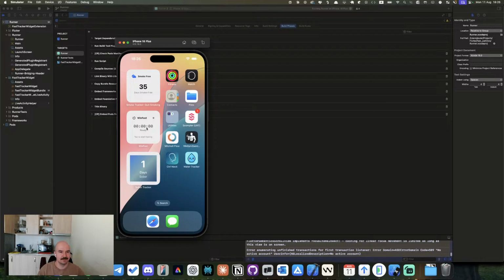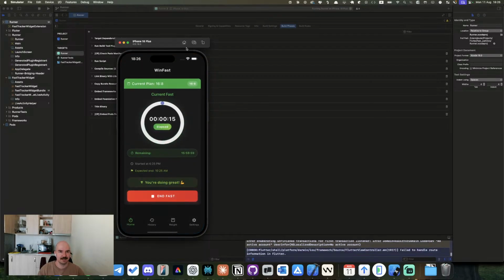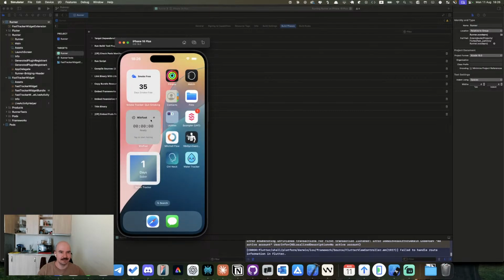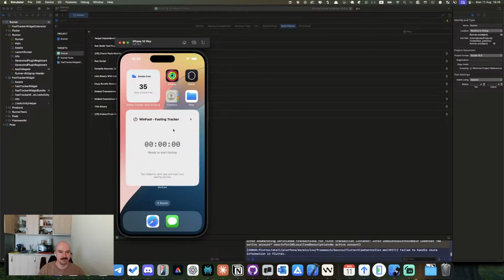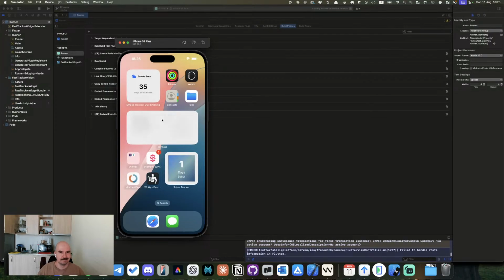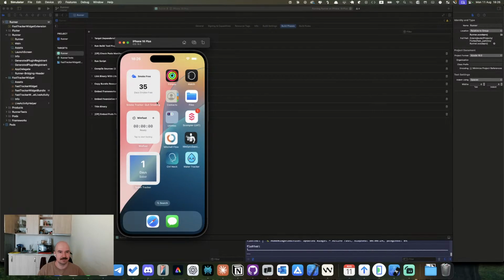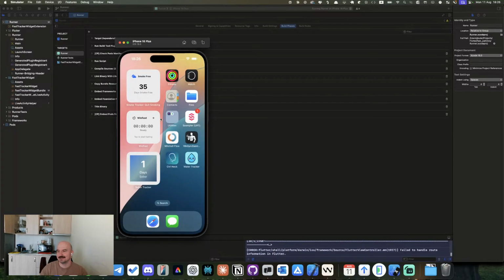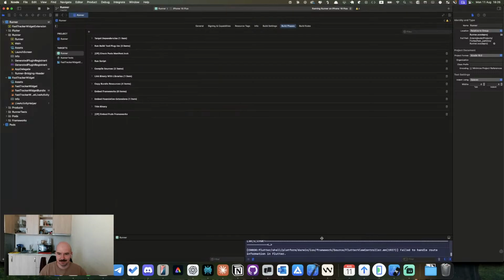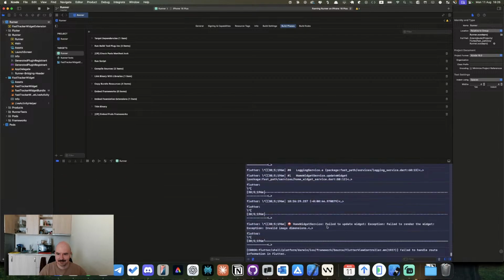So it's kind of working maybe, I don't know. It says ready, but what about these cards? Oh my God, that's very cool. And we can tap to start fasting, but probably we can just add this functionality later. It's not working, but maybe we need to wait about 1 minute and see after that. Or maybe something is off. Let's see